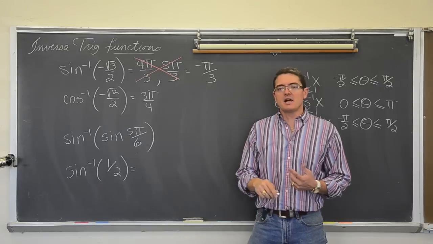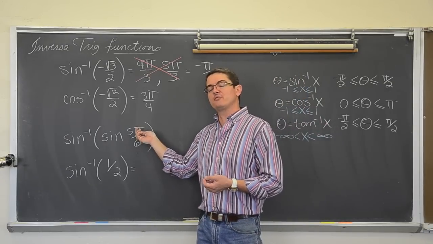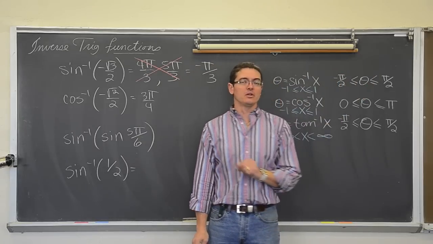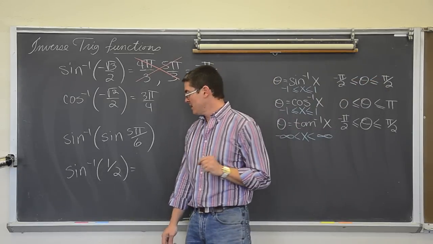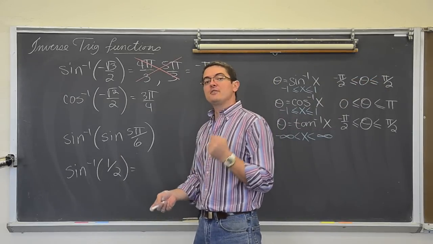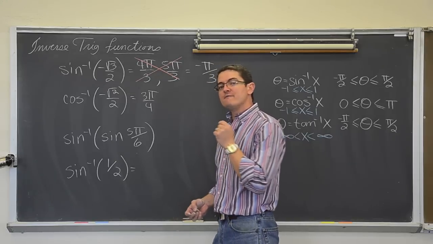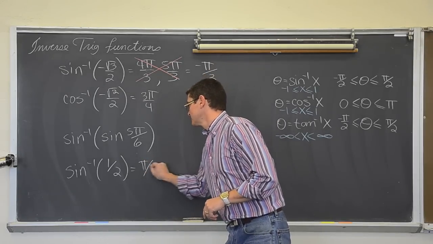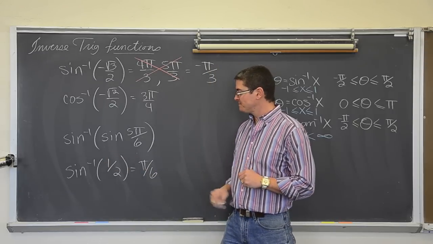And the inverse sine of 1/2, while on the unit circle you do get a sine value of 1/2 at 5 pi over 6, if you're working with it as an inverse function, you can only give me an answer between negative pi over 2 and positive pi over 2. So the inverse sine of 1/2, the only acceptable answer as an inverse sine function is pi over 6. So we started with an angle that we didn't actually get back to.